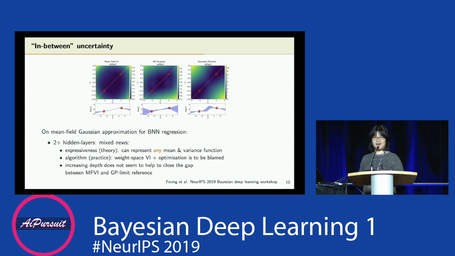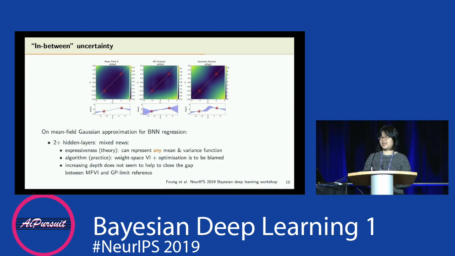But then we also extend our analysis to deeper neural networks, and people hope that when you cannot do things with shallow networks, then you try deeper networks, right? So we also tried something on that. So we have some good news and bad news. We have a constructive proof to show that if you only care about the mean function and the variance function in the output space, then you can use deep neural networks to find the favorite mean function and variance function you like, right? So that basically tells you that the mean field family is expressive enough to capture the uncertainty